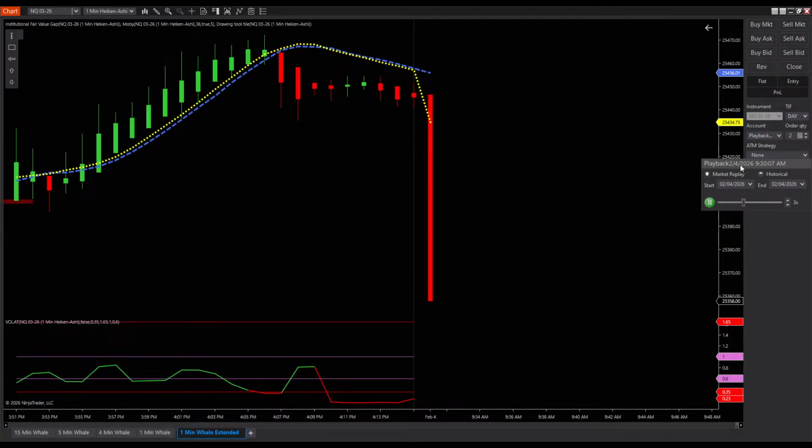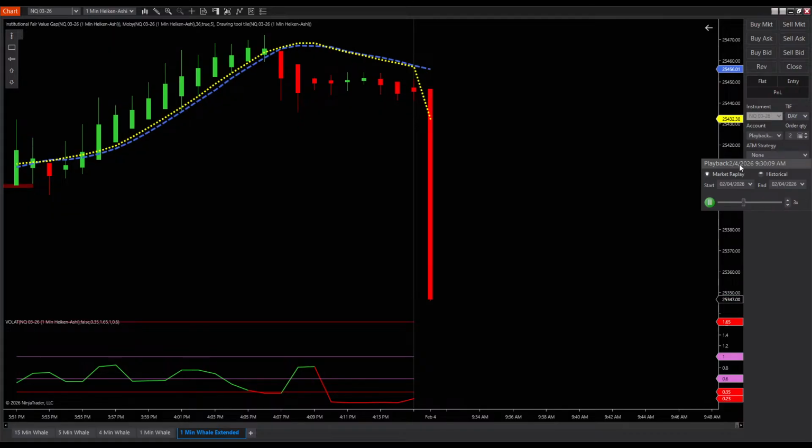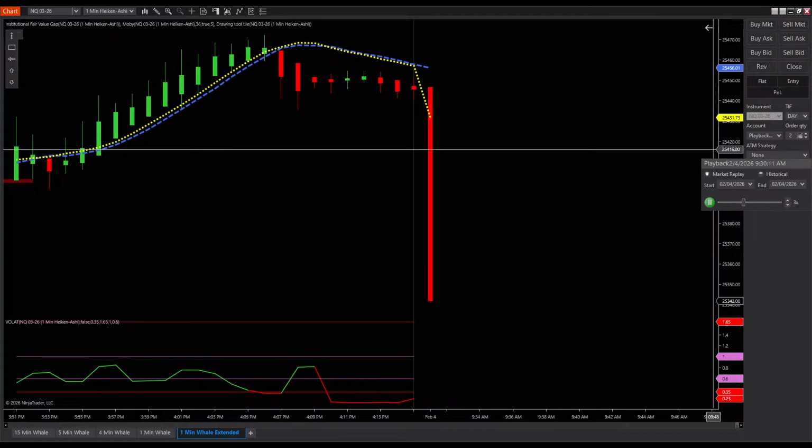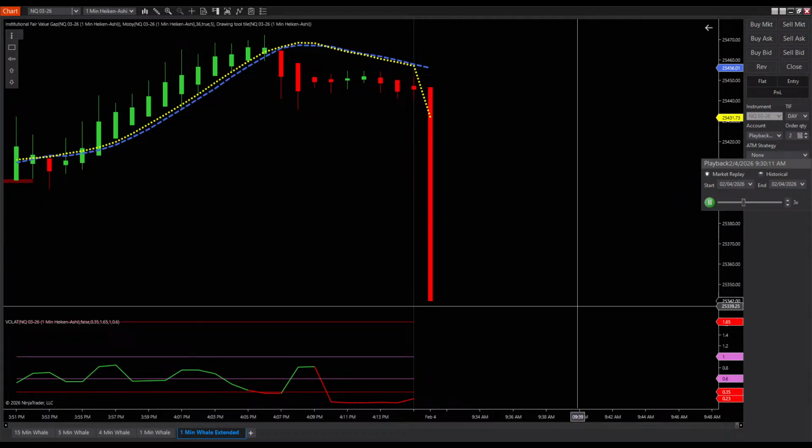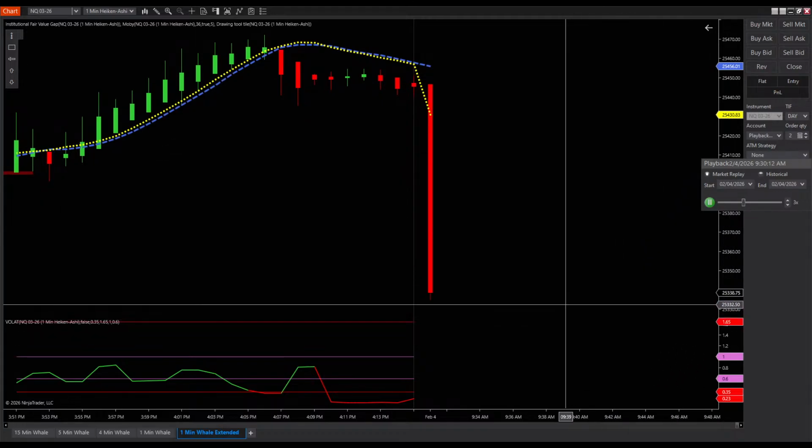You found out with playback that the 15-minute doesn't move until after the first candle. Yeah, you're right. It's a little bug, and it's definitely a bug in NinjaTrader. In the previous version that I had, version 6.2, I didn't have this problem, but I've noticed it in the last two versions that they've released. I have no idea what's causing it, but it is definitely a bug.